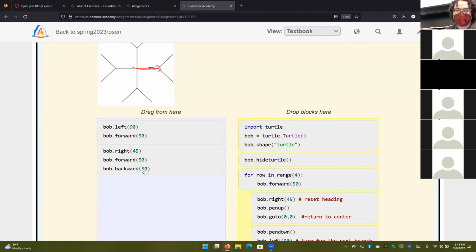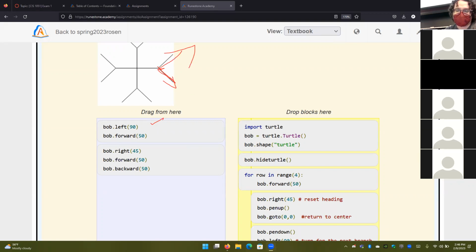So if we go right, we go forward. If we do this left one first, it would be turn left 90 degrees. So that would go this way and then turn like this. That doesn't make sense. So this one cannot go next, unless I'm horribly mistaken. Whereas if we do this one, we're facing this way, turn right 45 degrees, move backwards, forwards. And then if we do this one, Bob's facing this way, so turning 90 degrees that way turns us this way, and we can move forward.